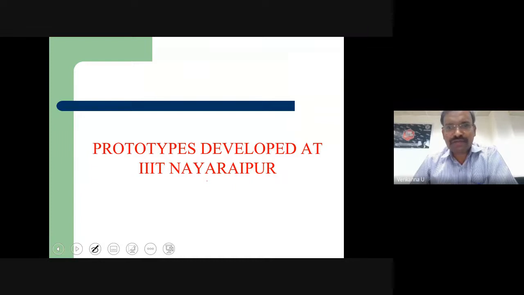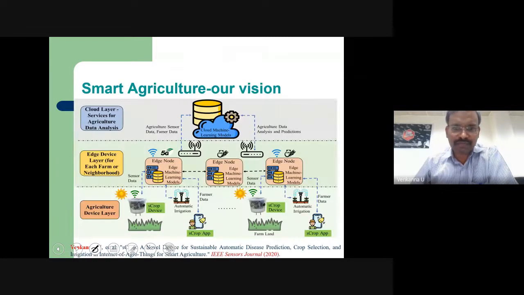Now I have another 10 minutes. During that, what are the different prototypes we have developed? In the interest of time, I brought only 3 to 4 prototypes. As IIIT Raipur, we have been offering this course for the past 5 years to undergraduate second semester students. We have a sophisticated IoT lab, and we give them research problems. They are able to produce good research quality papers. Some of these research papers I am going to explain.